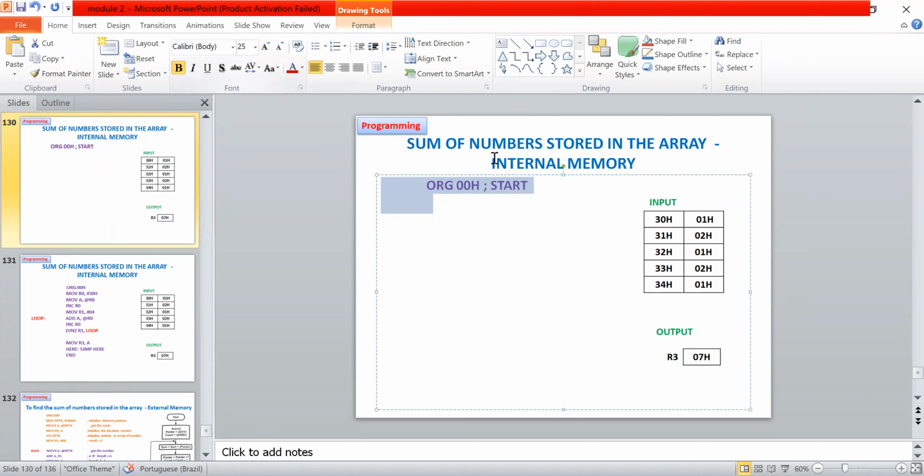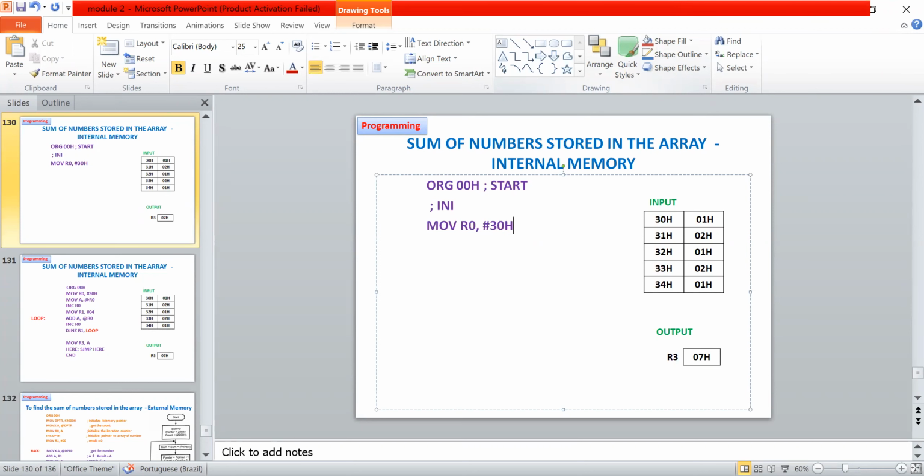I'll be initializing, pointing to a memory location if it is a memory-related program. So I will take one of the registers and put my address, that is, which location I want to point to. I'm going to put 30H.